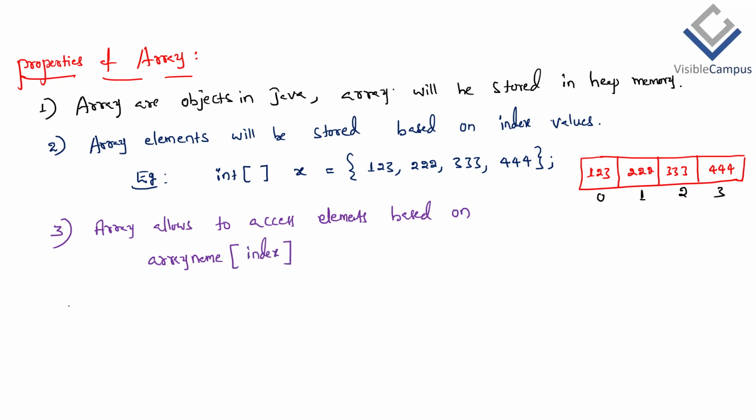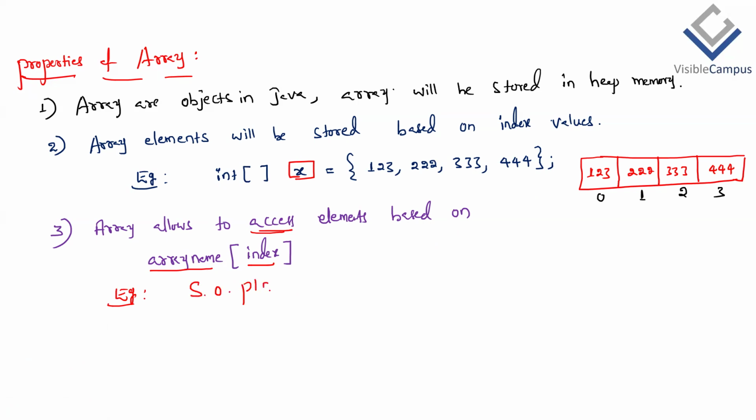So this is the next property. What is the meaning of this one? I want to print only 222. Then how do we print it? We have to access that element by what? The array name. What's array name? X is array name. What's the index number for this 222? 1. So therefore, for example, for my third property, since I want to access and print it, say, so here